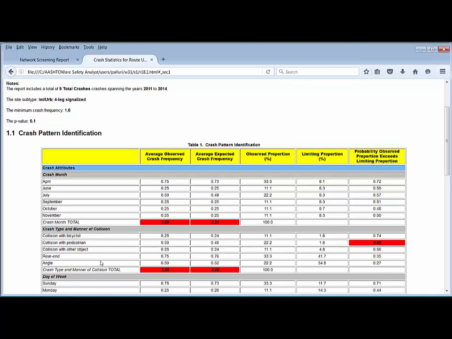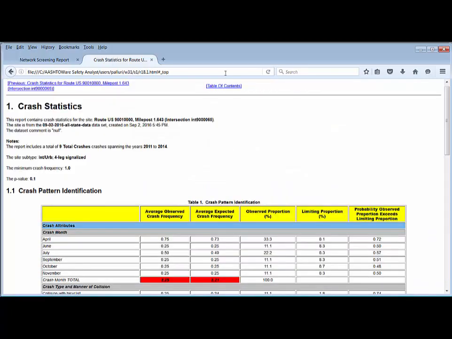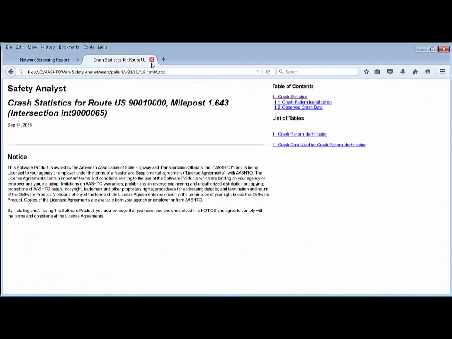Also, for pedestrian crashes, that is collision with pedestrians, the probability observed proportion exceeds limiting proportion is highlighted because there is at least a 90% probability that the observed proportion for this specific crash type, that is collision with pedestrian, is greater than the limiting proportion. To go to the top and table of contents, let me close this window